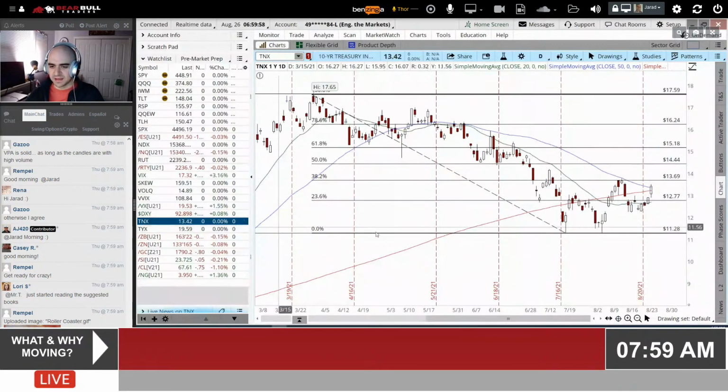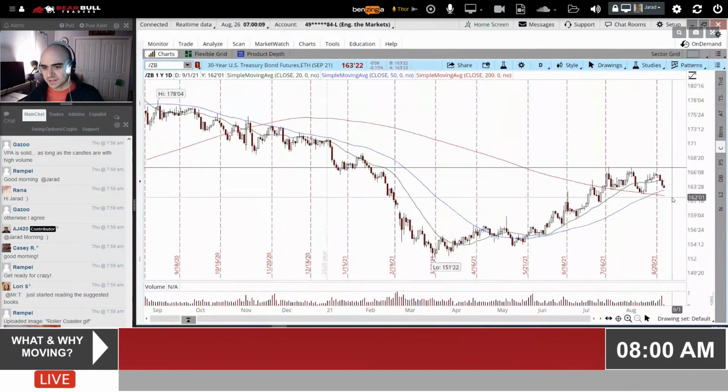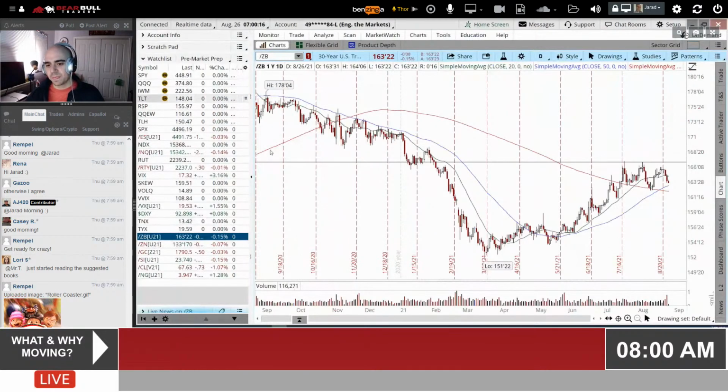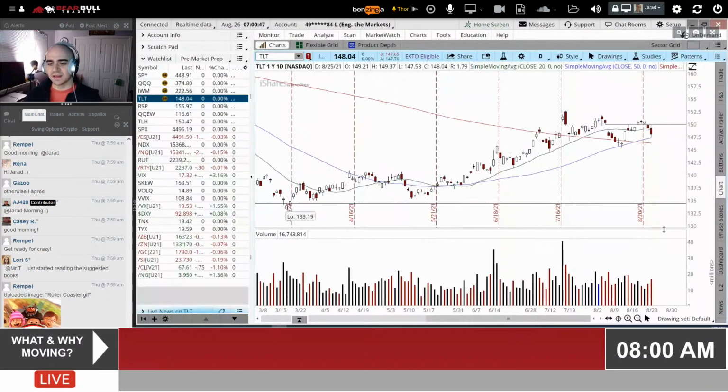If we look at the TNX, we see the sort of elevated rise. We can also look at something like the 30-year, sort of our longest date, and see that in this marketplace, we're getting some continued selling pressure along with the TLT, which if we're using the CTF as a reference point, the 150 price level has often acted as sort of a pivot. Price tends to either stabilize near this zone, or if we do get sort of a run up into this area, usually the price will sort of find value in this region. So as we're getting some continued selling, and as the VAR indicates that we may have a bit of continuation if we see more downside pressure,